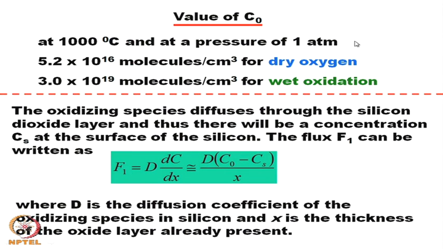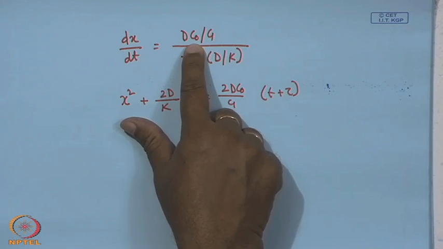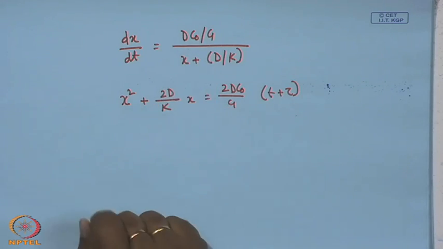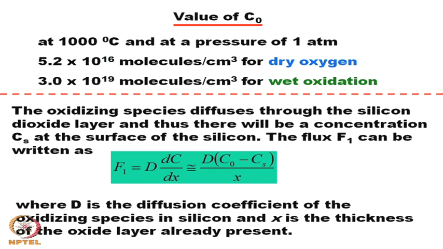What is the value of C0, because we have used C0 here? If we take that the oxidation growth temperature is 1000 degree centigrade and the pressure is 1 atmosphere, then for dry oxygen the value is 5.2